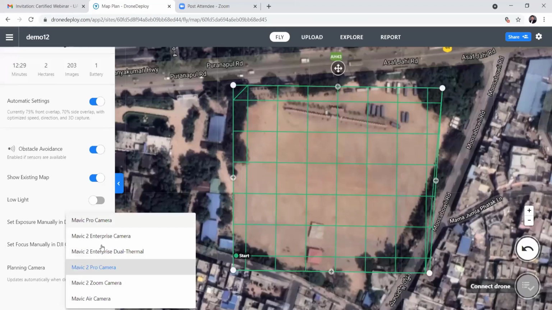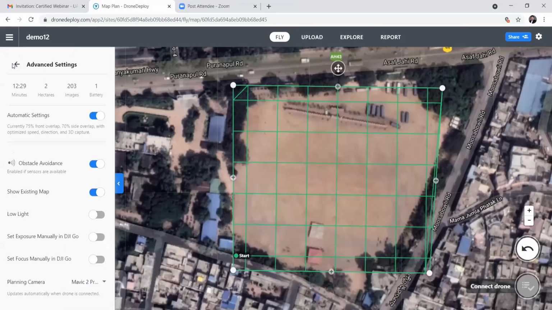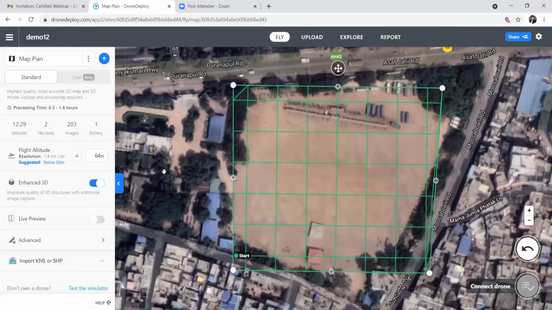It also shows how many minutes it will take to complete this entire boundary, how many hectares of area it is covering, how many images we will get, and the battery usage. If you want a specific boundary, here we can import a KML or shape file, so that our specific boundary can be viewed and we can take the data accordingly.